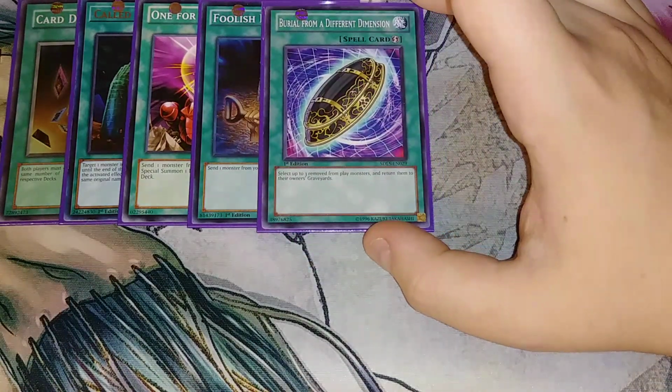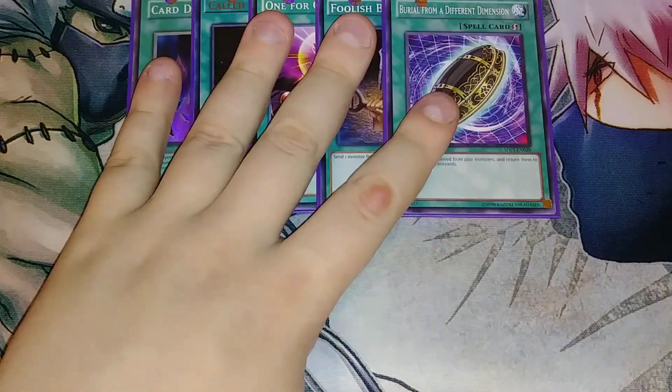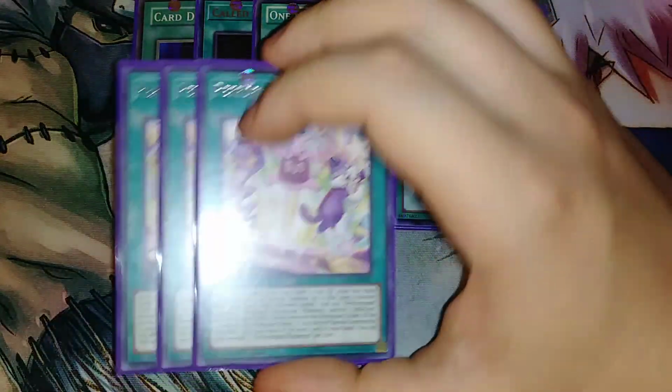1 copy of Burial from a Different Dimension. I really kind of want to play this at 2, but at the same time, I feel like it's fine as a 1-of in the deck, especially with the different build that I have. It's a good 1-of because it helps you boost up your Skull Servant by like 3,000, and plus you have